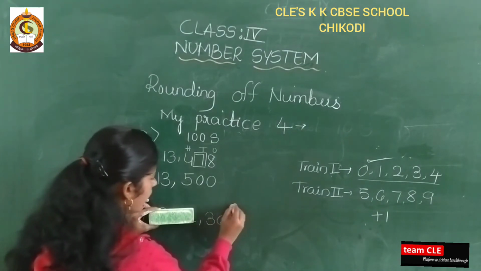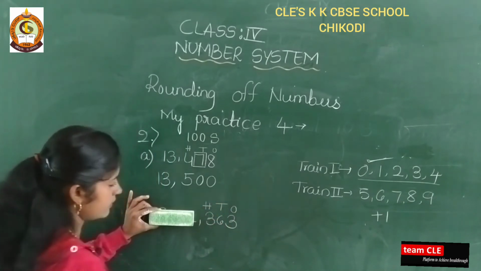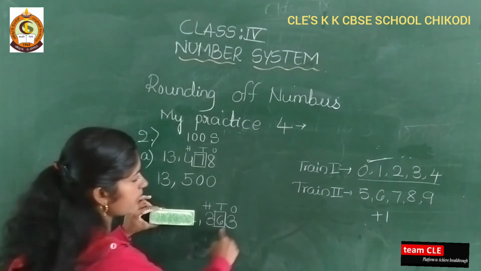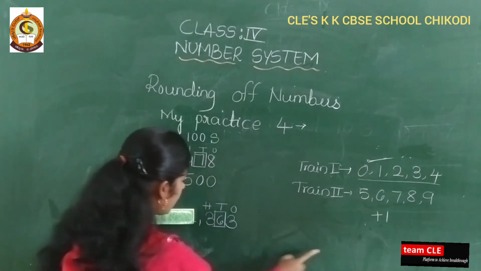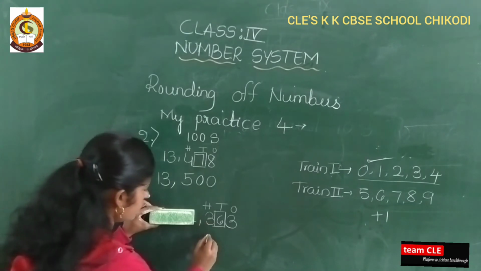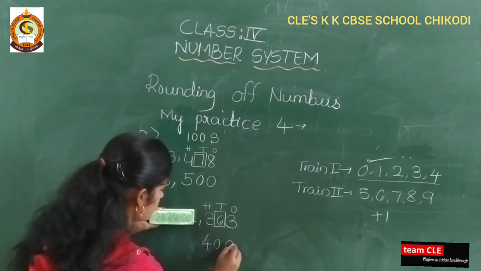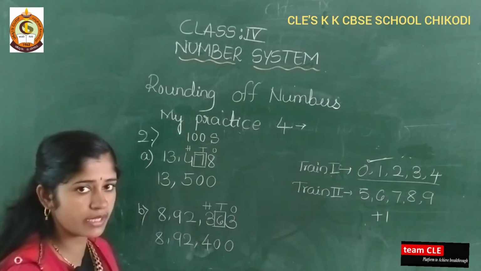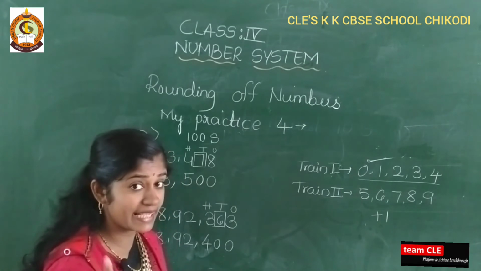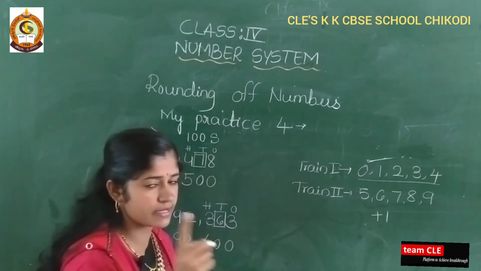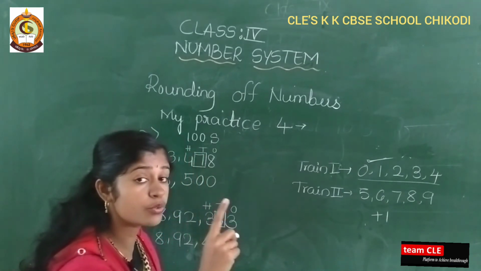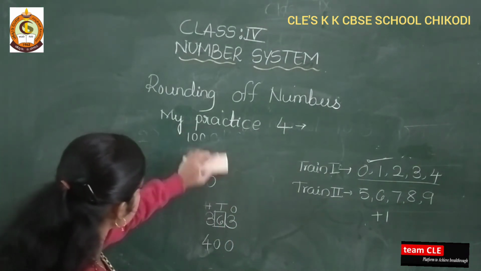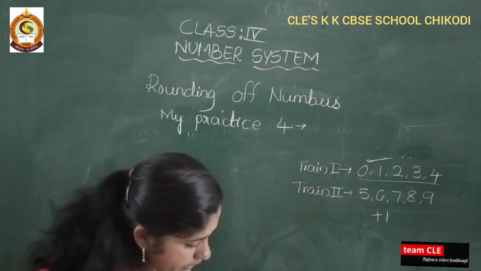Okay. Next, take one more example. Hide these ones, tens, hundreds. See here, I need to see the tens place. So see what is there in the tens place? 6. It will come in tray number 2. Then I need to add 1 to this 3. So write here 400. So 8,92,400 is the round off number. See here, tens is there means you see the ones place. Round off hundreds is there means you see the tens place. Next, a few more examples I will take, and that is one more example.